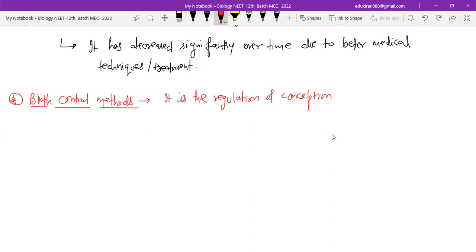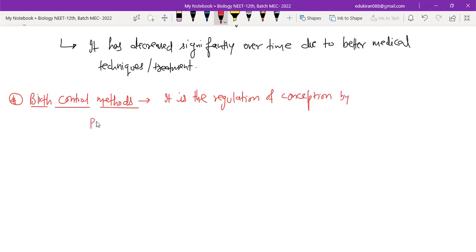A female cannot conceive or a female can conceive. So that is conception. Is it clear? Yes. So write down the regulation of conception by preventive measures